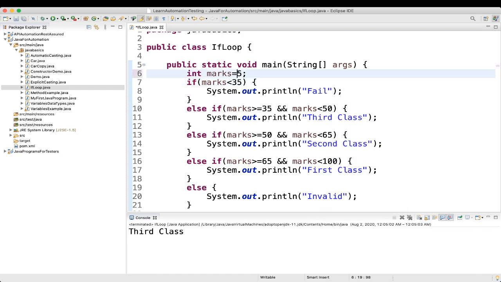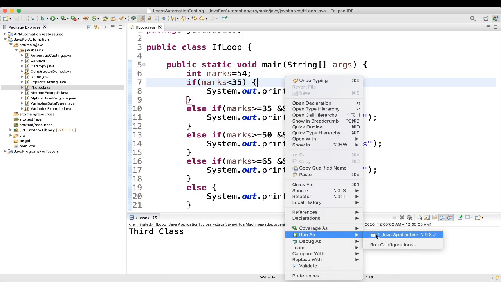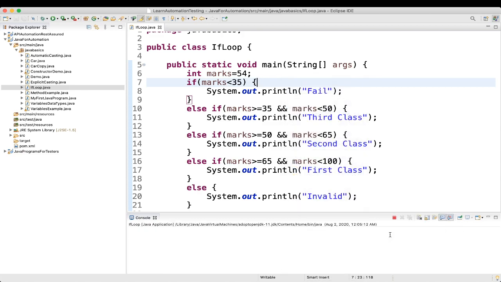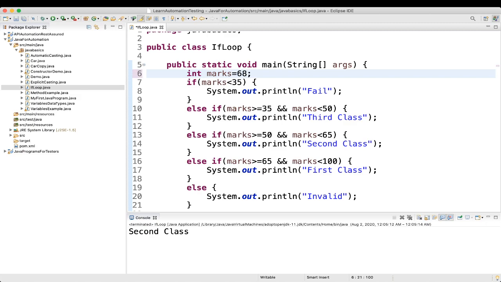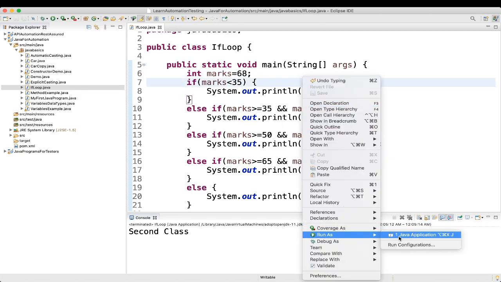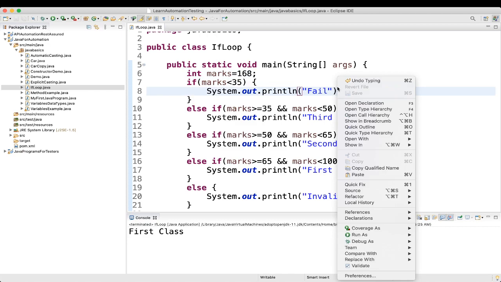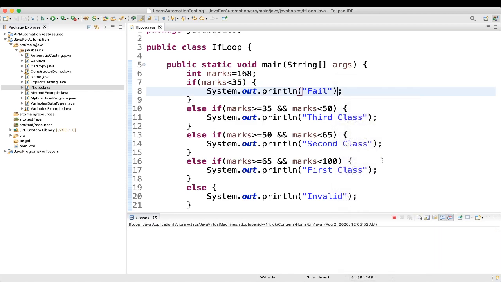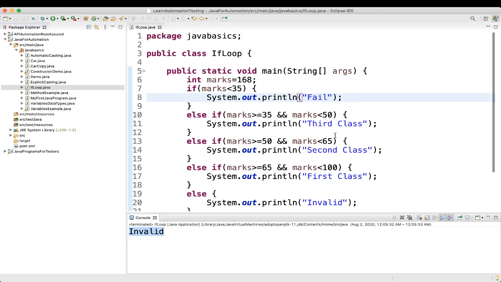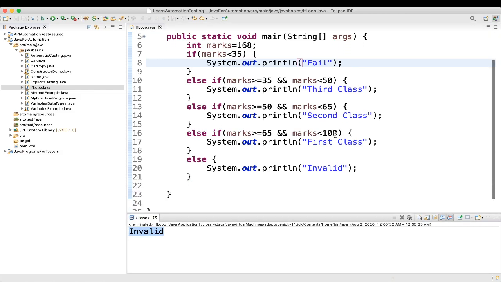If I give 54, it should be second class. If I give someone 68, it should be first class. If I give someone 168, it should be invalid. See, it is invalid. So that's how your if else if ladder works.